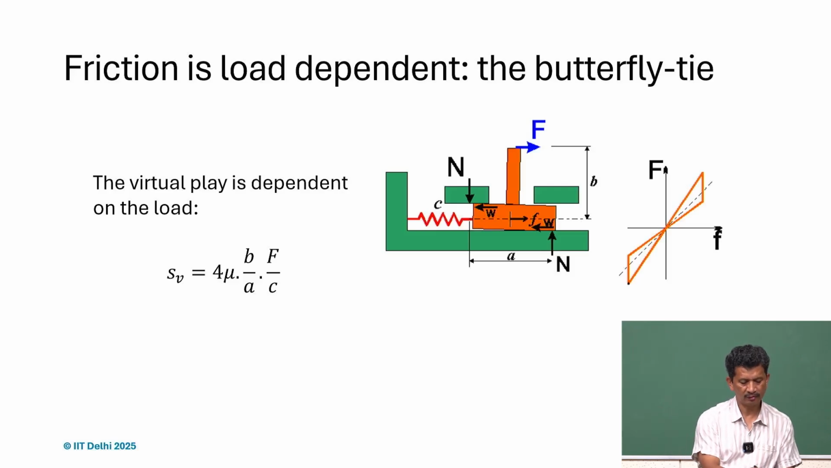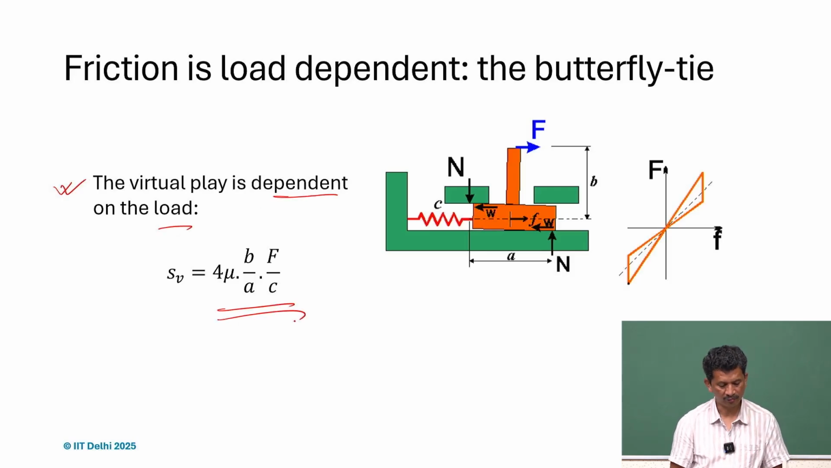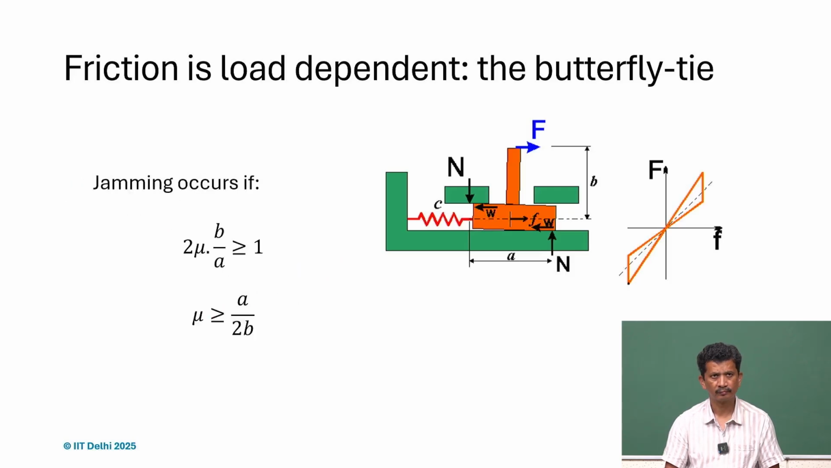And again here the virtual plane is dependent on the load, and this is the value for mu B by A F by C. That's the virtual plane we will have. What happens